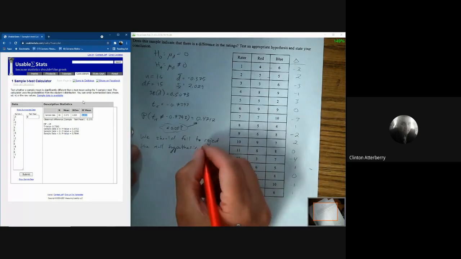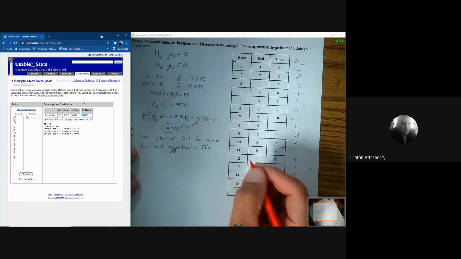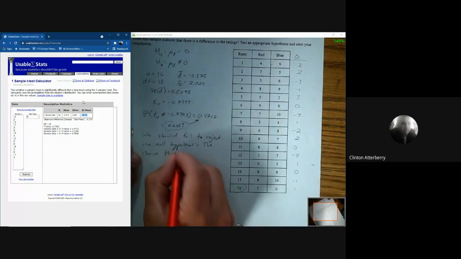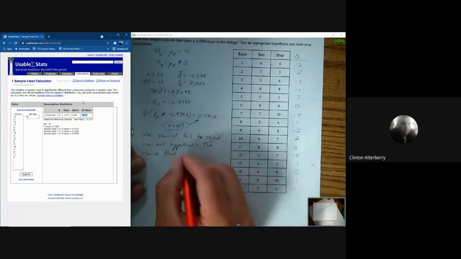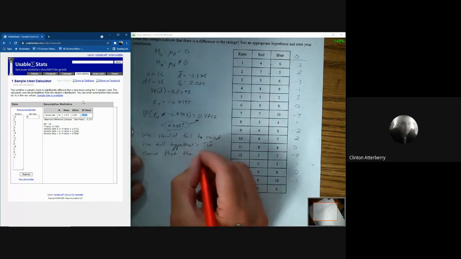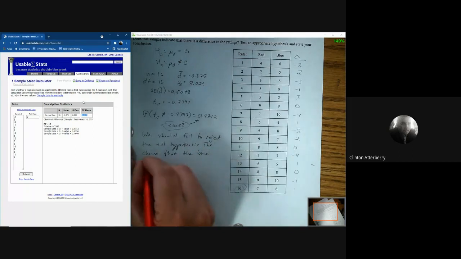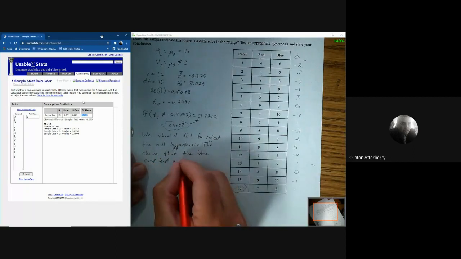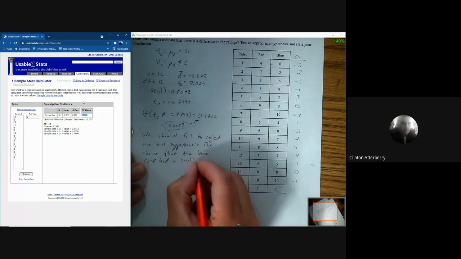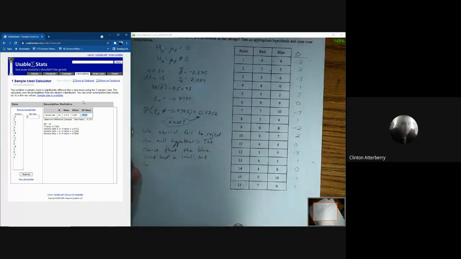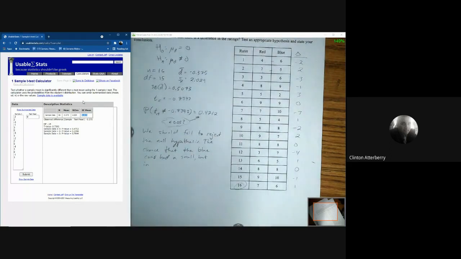And we'll make a quick little statement that says the chance that the blue cans had a small but